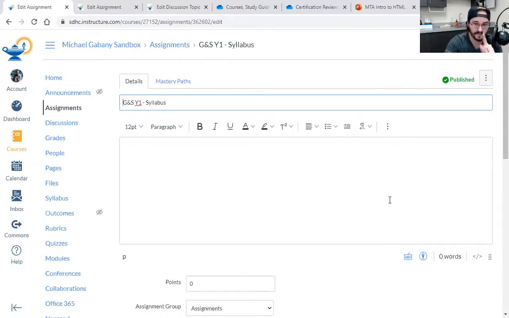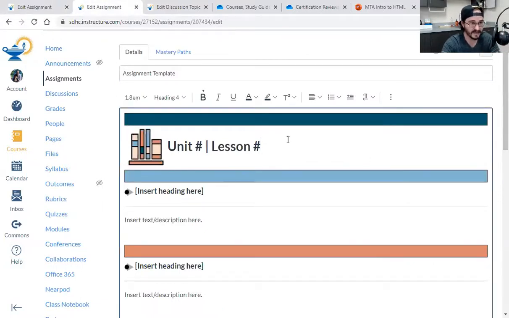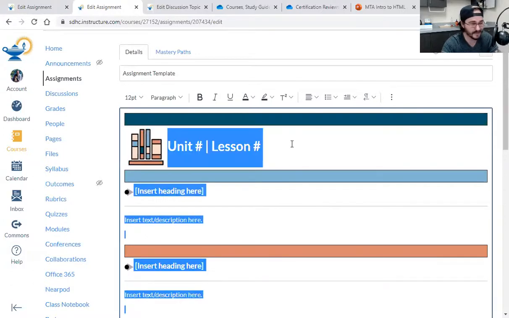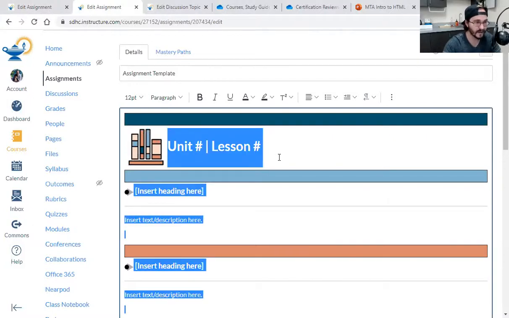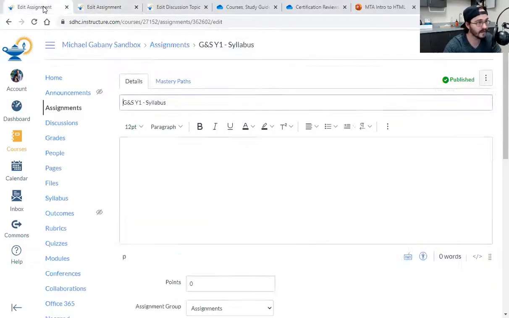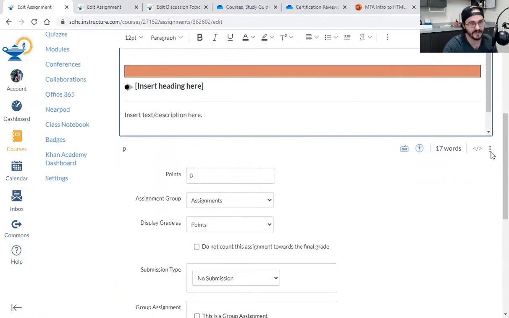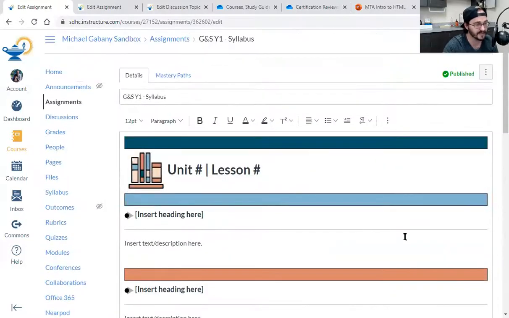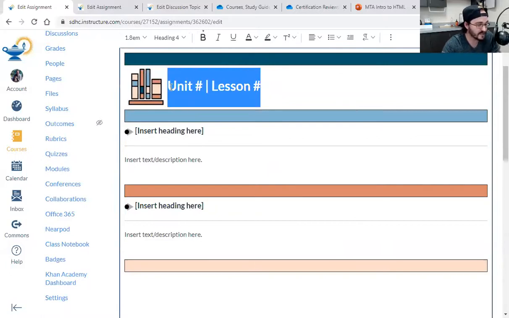Where do I start? Remember I told you to right click, open up that edit assignment. What I'm going to do is click in here somewhere. Control plus A highlights everything. I'll put that in the chat. That's Control plus A, right? And that highlights everything. Then I'll right click, copy. I'll go back to my syllabus, right click, paste. And now I have the outline for the page. I'm gonna make it bigger so I can actually see what's going on here. And you'll see I got it all there. And so I just type it up.